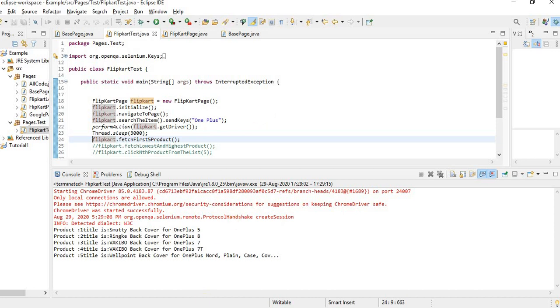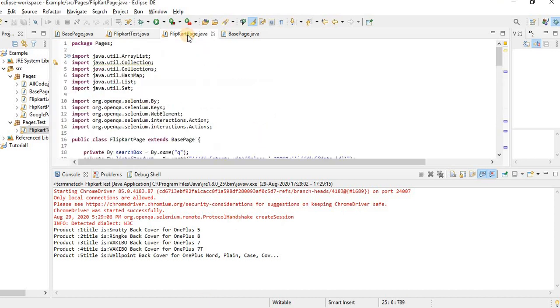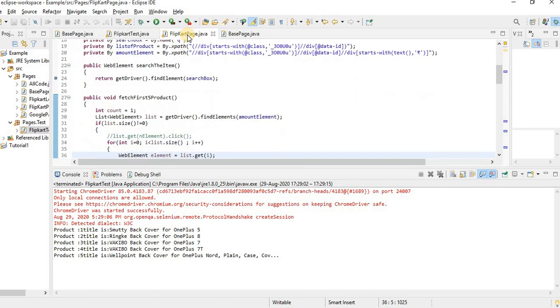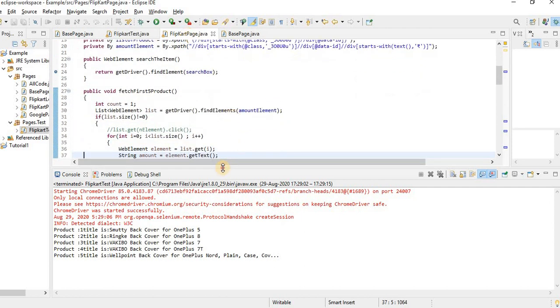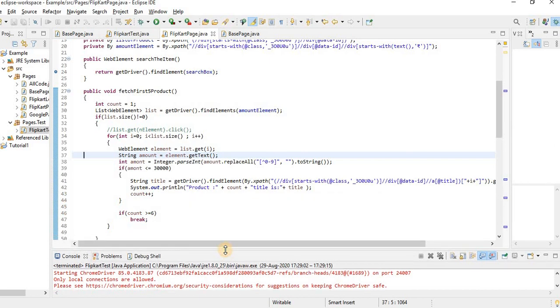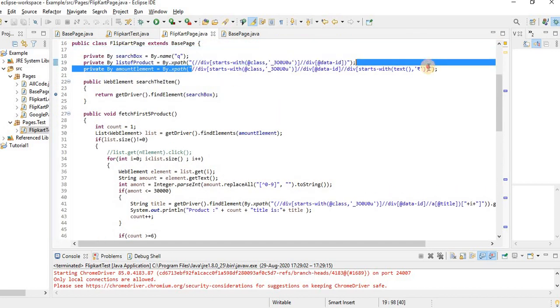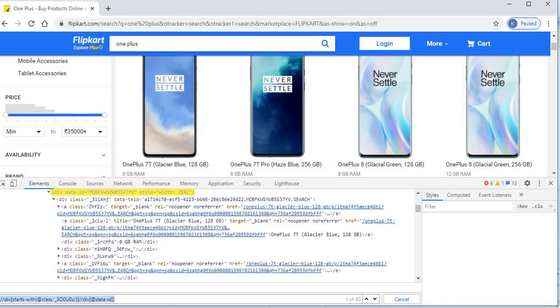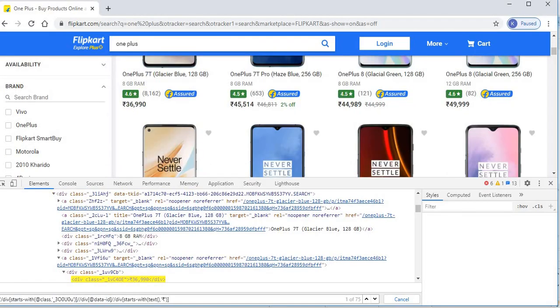So how is the logic implemented? Go back to that function, Flipkart page. Understanding is more important than implementation. First I found the element, that is the amount element. Now the amount element is found this way. Wherever the rupee symbol is available, I can say that amount is available there.